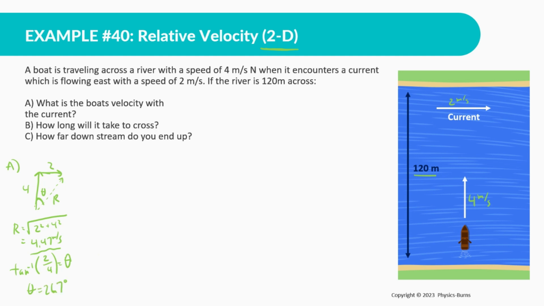But remember, the direction we want is from this 0 degree angle here. So to find this angle, we're going to actually do 90 minus 26.57. And that's going to give us 4.47 at 63.3 degrees. Okay. All right, moving on. Part B, how long will it take to cross? Okay, so there's